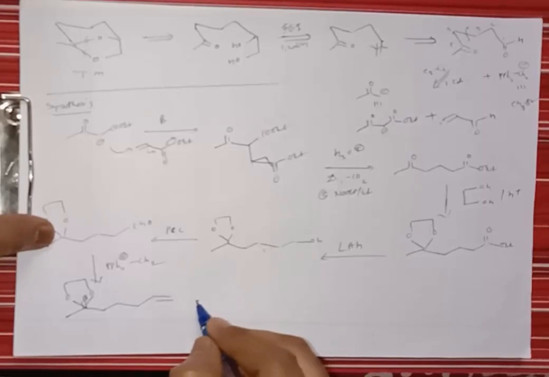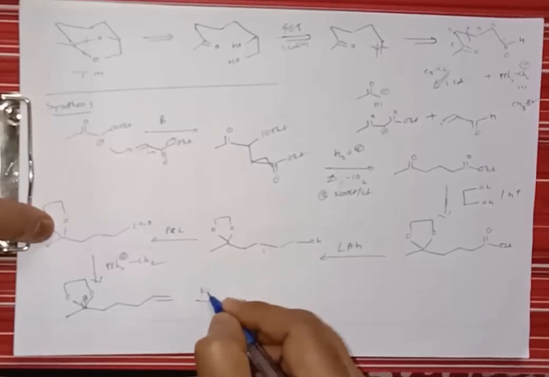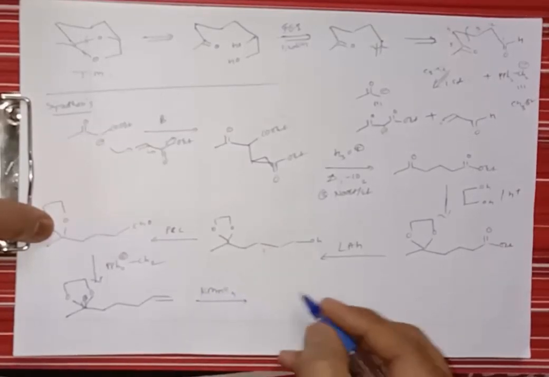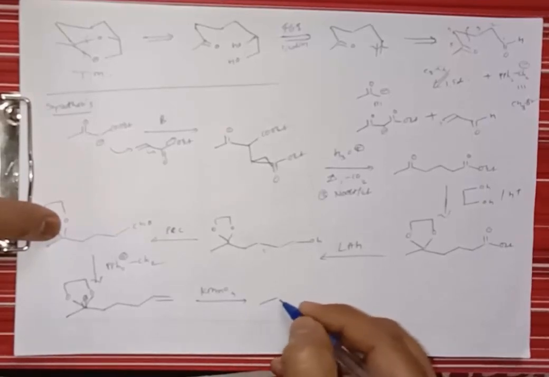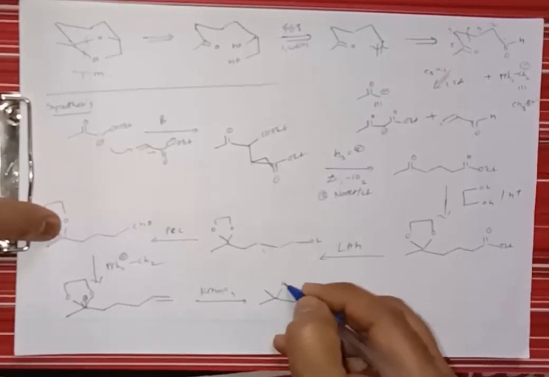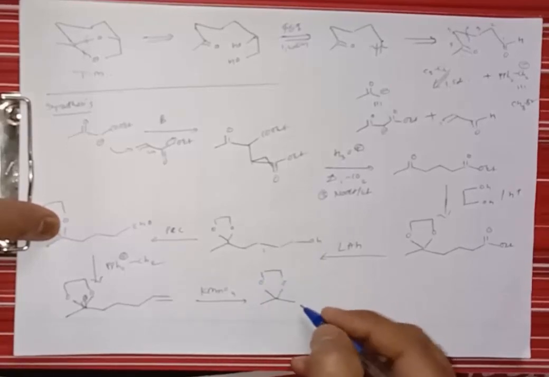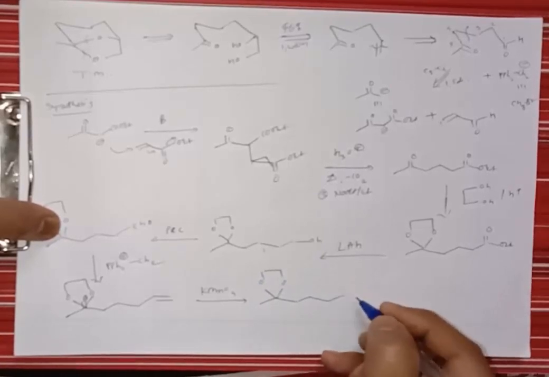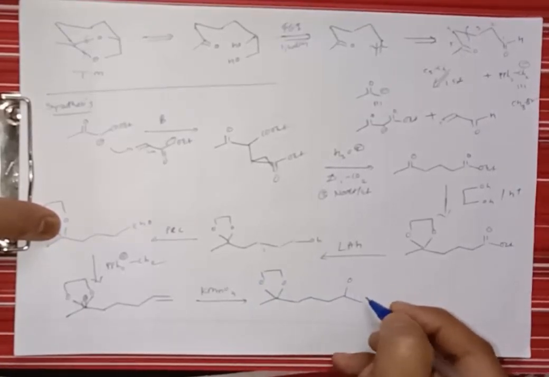And now, using KMnO4, we can make the diol here, giving a compound in this way, then CH2, then here is OH,